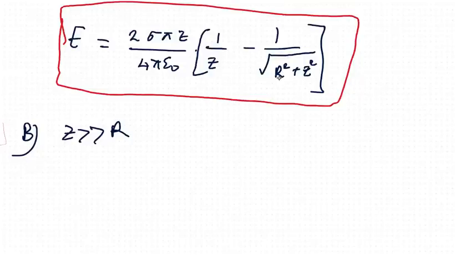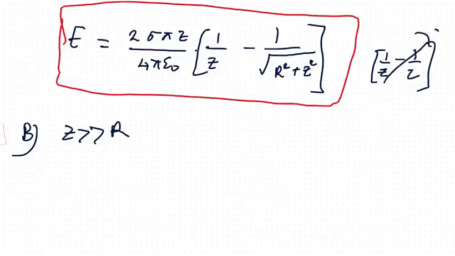If we eliminate this r and assume everything to be z, we'll get the expression 1 over z minus 1 over z. So in that case, everything will be 0. To avoid this, we are going to use the Taylor series expansion. If we use the first approximation, we'll have